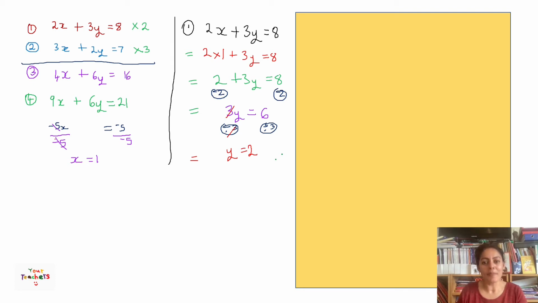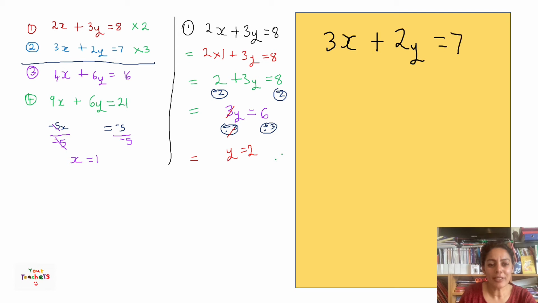Now we want to put them both into an equation and see, is this for real? Is it really going to work? And so I'm going to choose equation 2. Okay, you can choose equation 1, but I want to try and choose equation 2 now. And let's write this down. So I've got 3x plus 2y equals 7. Now we said, didn't we, that x is actually 1, so we're going to do 3